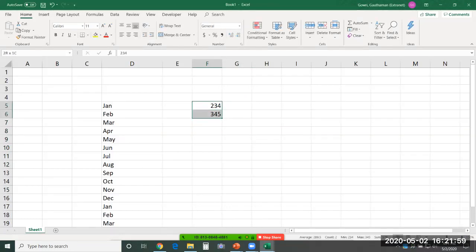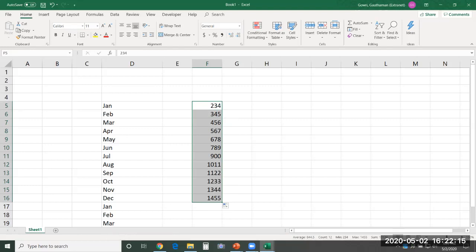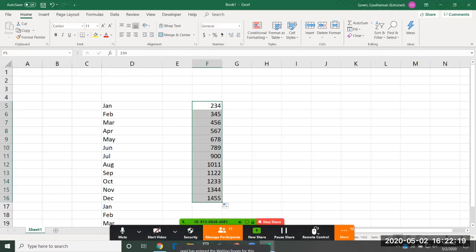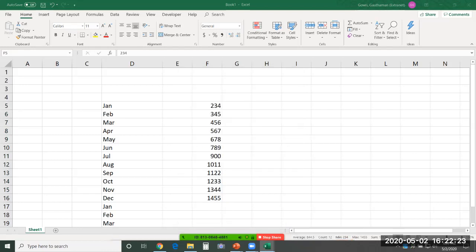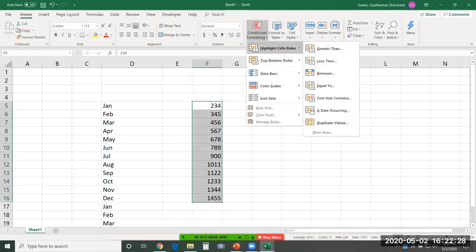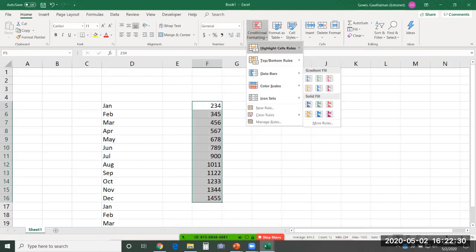Let's say and choose this. Okay, so within this range, I would like to highlight all those cells which have values more than 1100 or 1200. Let's say you can apply this on an entire range as well, a huge range of cells also you can apply it. I'm just showing you a simple example over here. So we'll be learning all these options that are available to us.